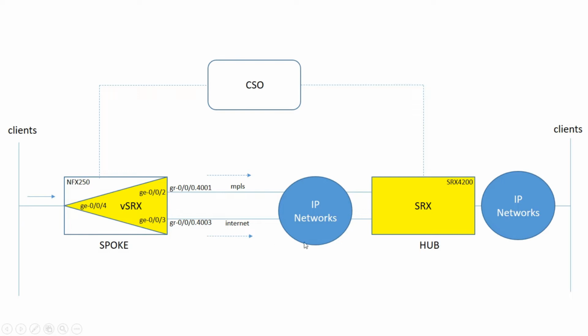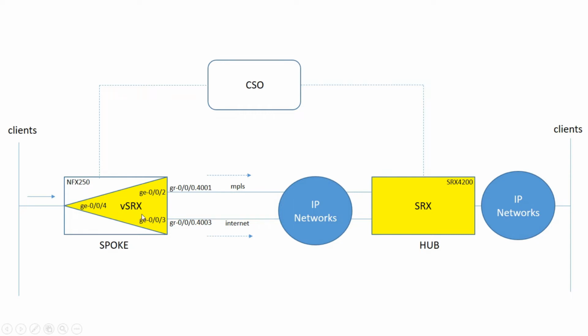We have two links, some IP networks in between the spoke and the hub device, and we are going to send traffic from client side, from left side to the right. So we are going to observe two links, 002 and 003. We have tunnels established over those two links, and we are going to label these two links, one as MPLS and the other as Internet. So these designations will become important once we start pushing APBR policy from CSO